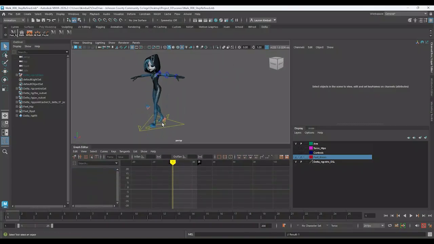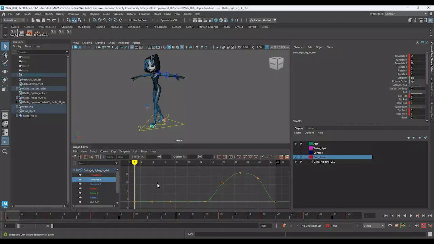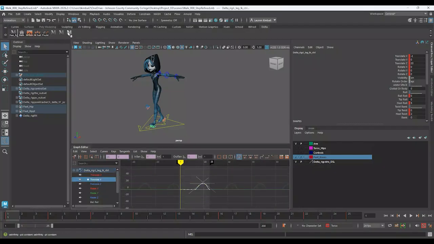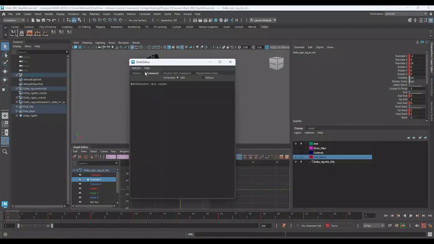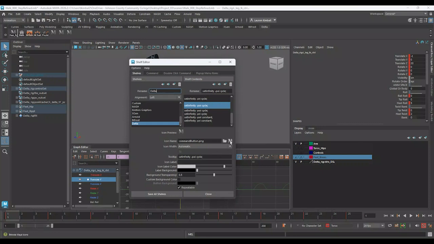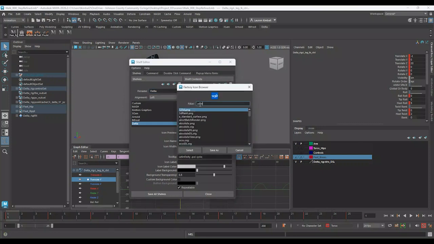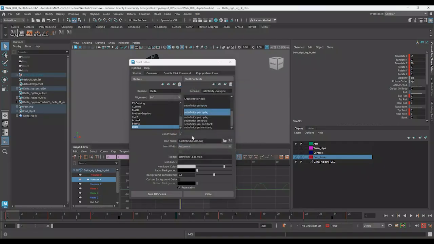And again, just making sure that it definitely did that right. Click on pre-infinity, and only pre-infinity turns on. Excellent. And then that's my post. So let's right-click and edit the post-infinity cycle. Start with button, and let's type in post. Post-infinity. There we go. Select. And for the icon label, let's go with post